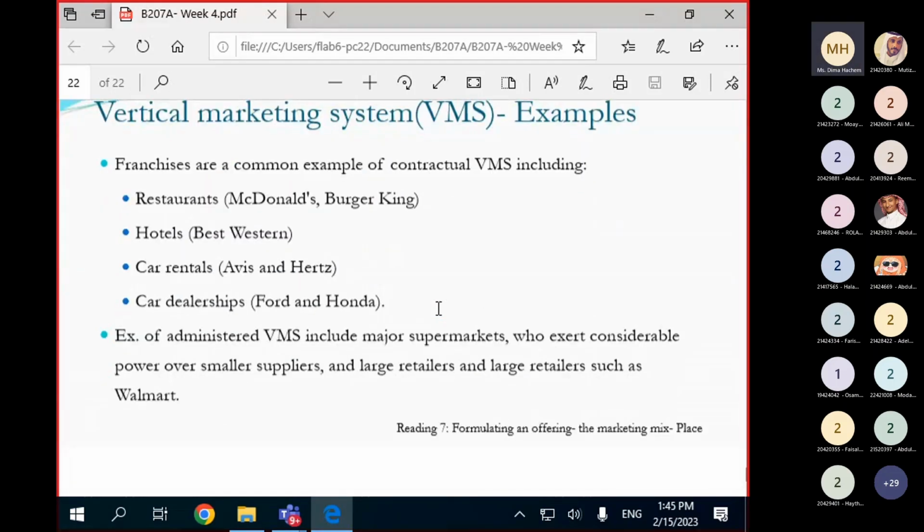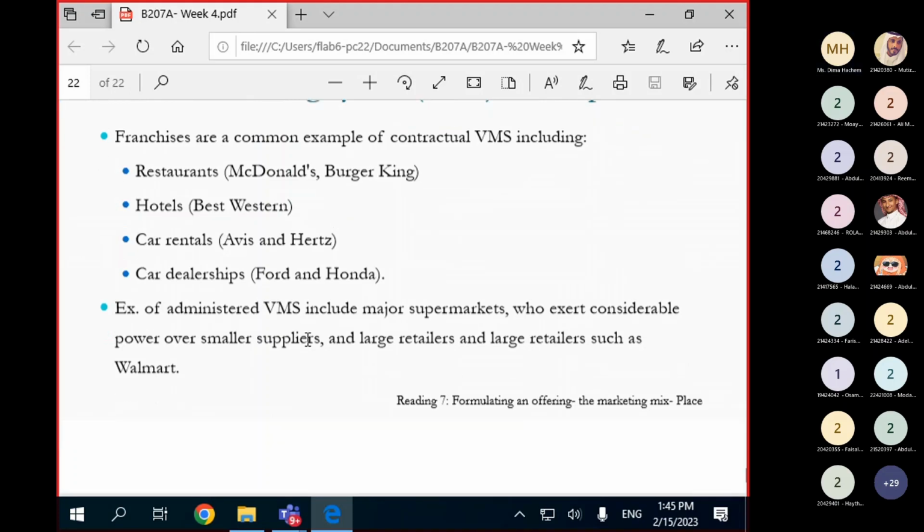Also, franchises are a common example of VMS. Restaurants, hotels, car rentals, car dealerships. These are good examples because usually these businesses own more than one part of the business. Okay, they don't like to outsource their products to other